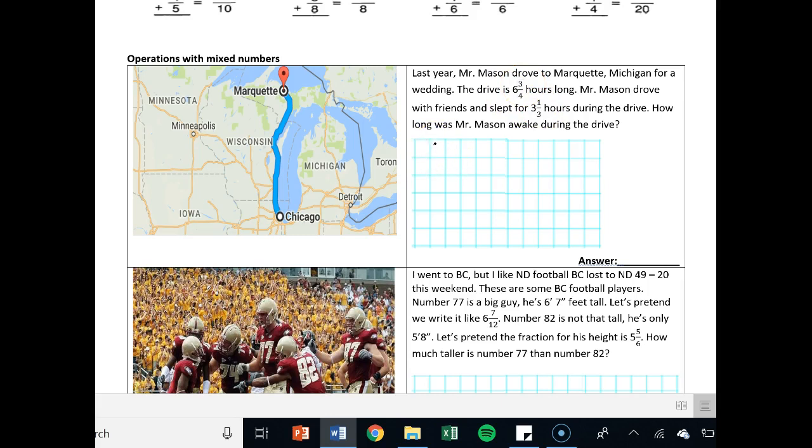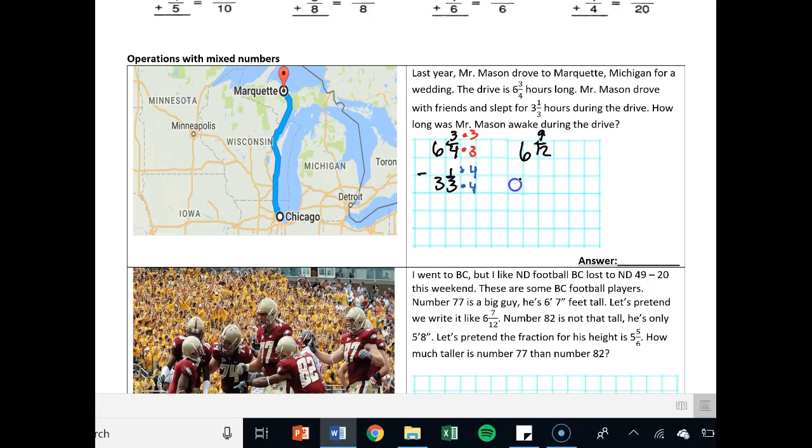So I've got 6 3/4 minus 3 1/3. And when I subtract mixed numbers, it's usually a good idea to write them vertically. So I'll rewrite it like that. And I find common denominators, right? So if I got 4 and 3, the multiples 4, 8, 12, 3, 6, 9, 12. So I'm just going to multiply by the opposite denominator here to find my least common multiple of 12. And so they become 6